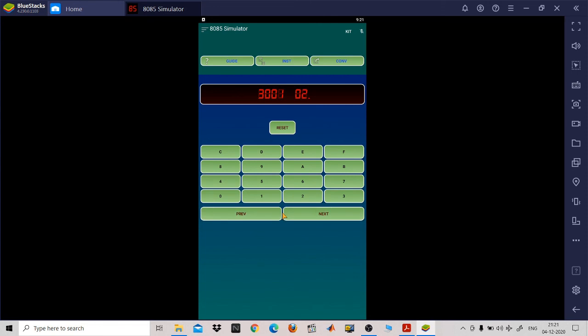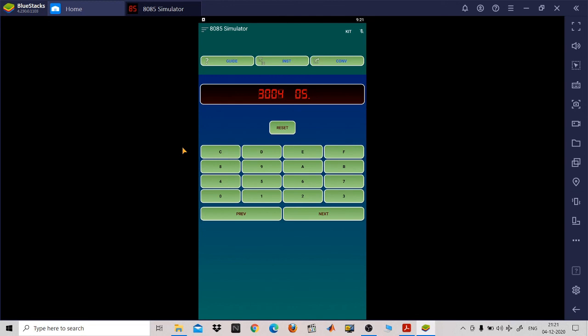Then 02, it is right. Then 03, 04, and 05. So our program is absolutely right, and whatever logic we developed was right. In this way, you can arrange 5 bytes of data in ascending order using bubble sort.